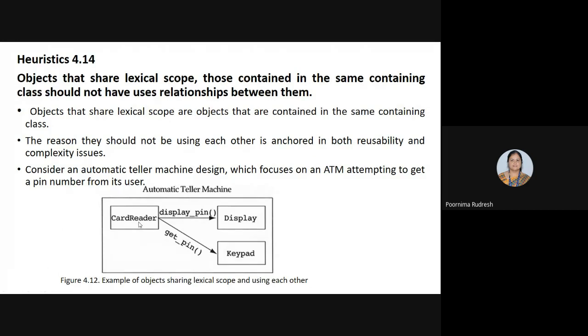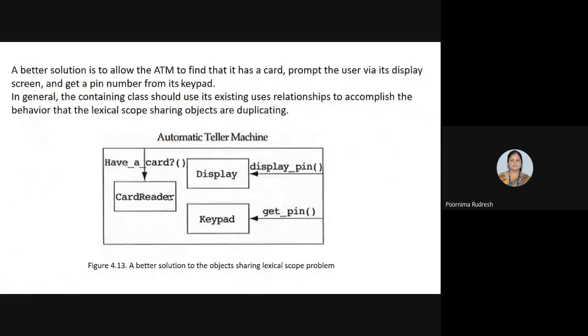But if I want a better design so that I can make use of only the card reader, then there is an alternate design for this. Here we have three different classes. Card reader is treated as separate, display is treated as separate, and keypad is treated as separate. If this is the case, then I can simply reuse this card reader at the doors. I insert the card at the door, then the door opens, then I can move near the ATM machine to withdraw the money.